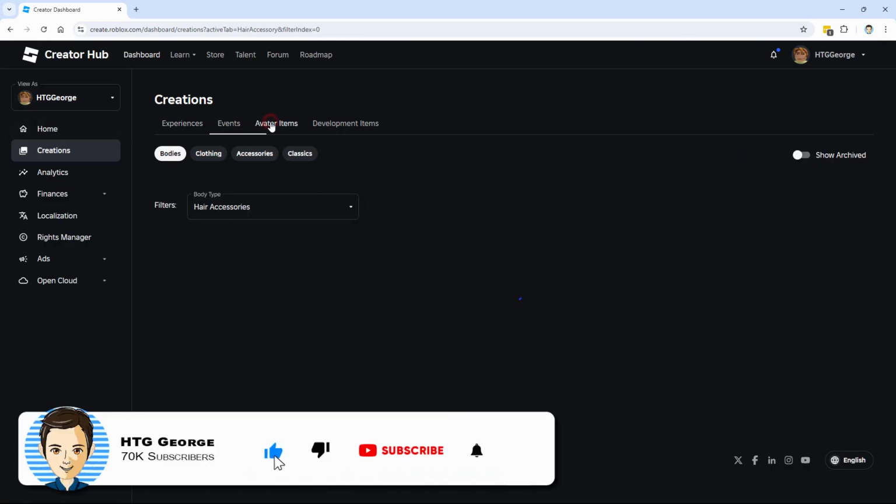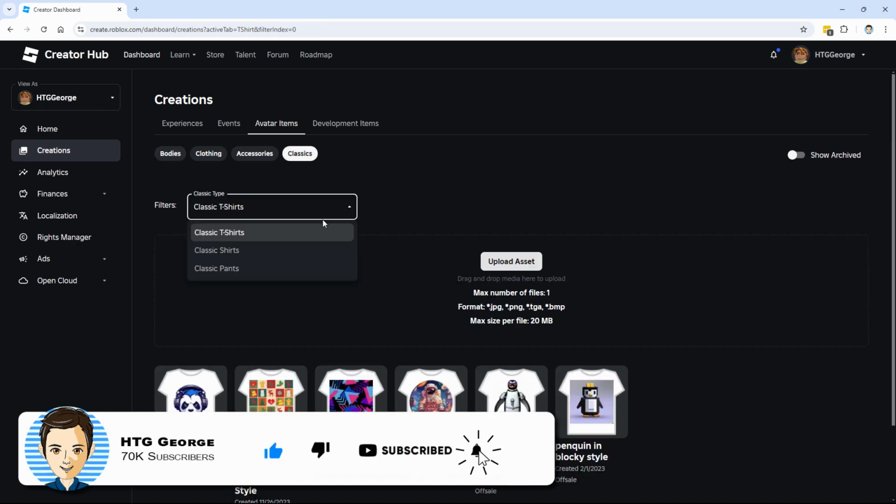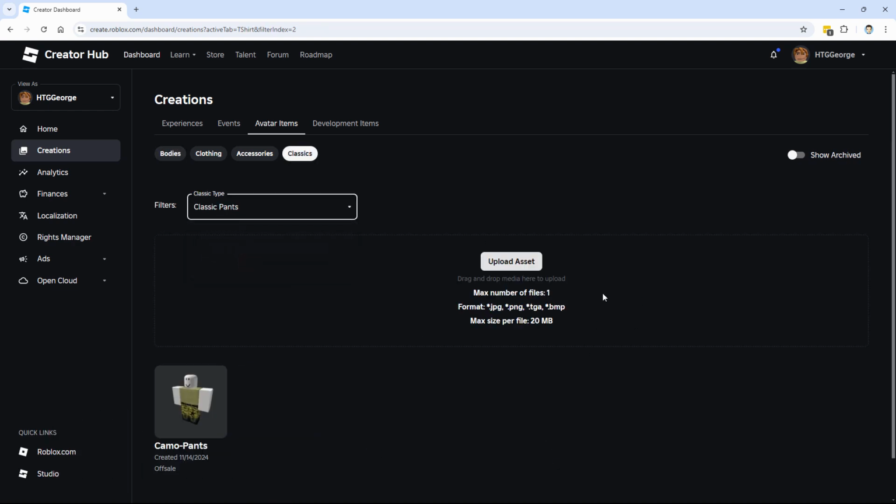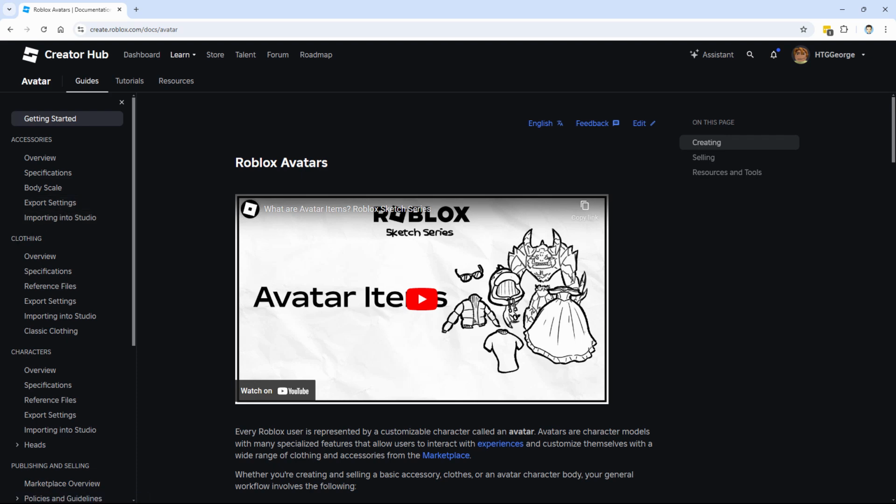You go over to Avatar Items, and Classics, and we'll set this at Classic Pants. And right here is where you upload your pants when you're finished with them. And then go up here to Learn, come down to Avatar, and then left-hand side, in the Clothing section, click